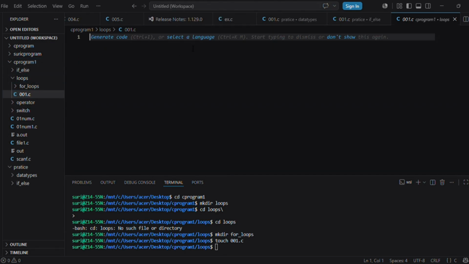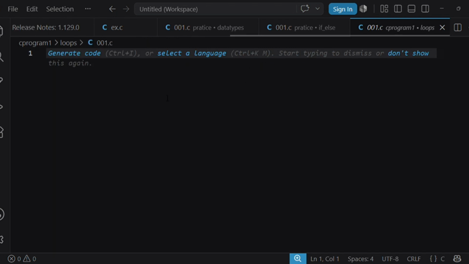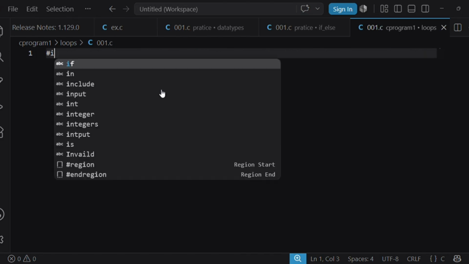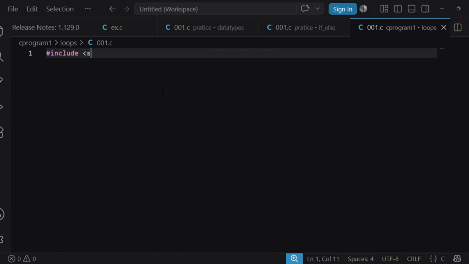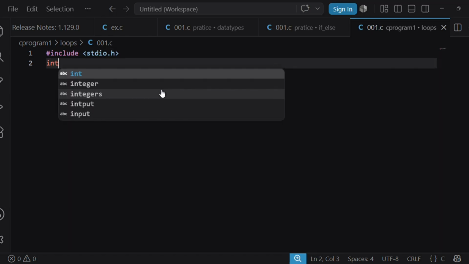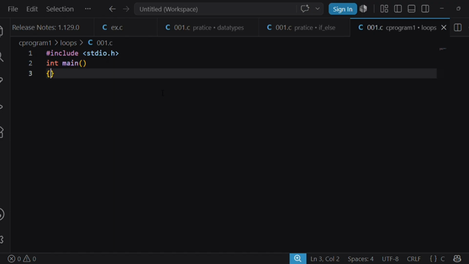Initially I'm going to explain the for loop with the help of an example. The question: #include <stdio.h>, int main(), open and close brackets, next line open curly braces.